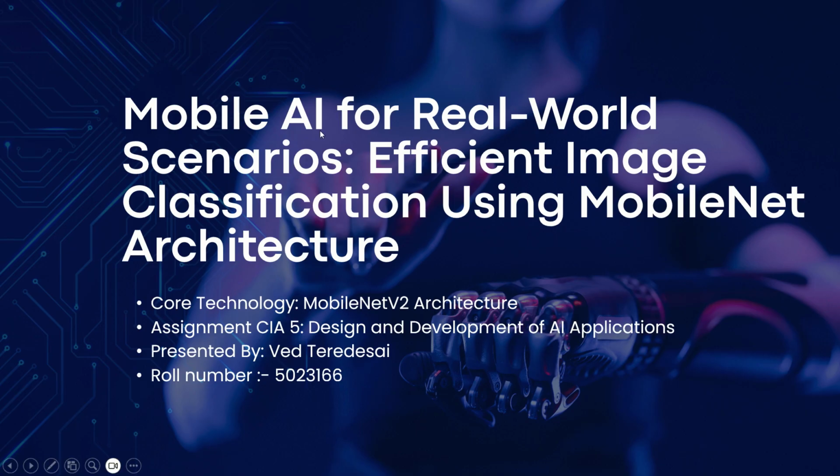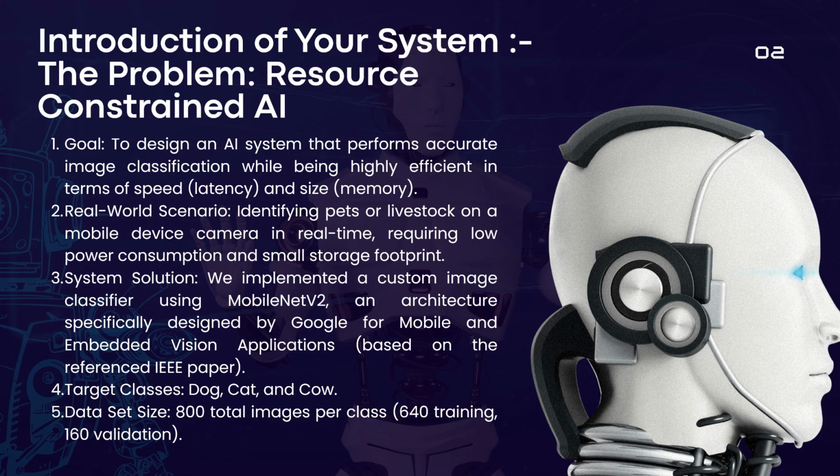Hello everyone, my project is the mobile AI image classifier, for the design and development of AI applications, specifically for mobile. Our core focus is on creating powerful AI that can run efficiently on devices like your smartphone. The problem is simple. Standard deep learning models are too slow and too big for mobile phones. We need efficient AI. My system solved this by identifying animals in a way that's fast enough for a real-time